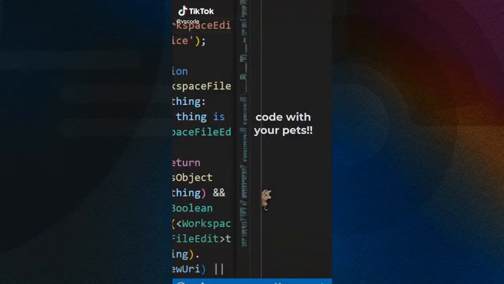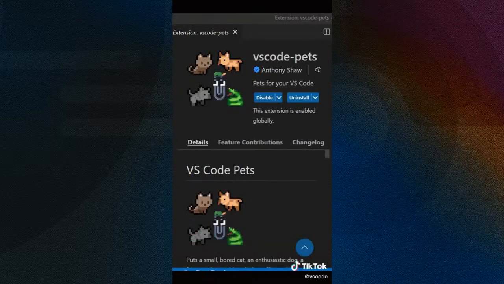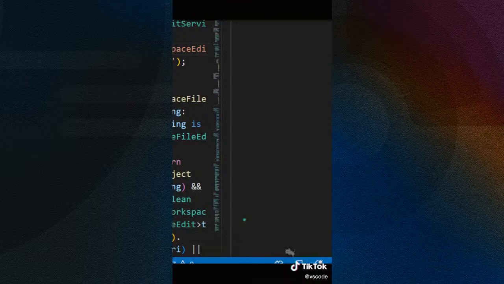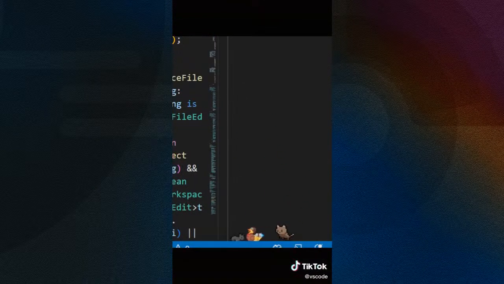If you're a developer and not using the VS Code Pets extension, what are you doing? This extension lets you have a pet code right along with you. My dog loves VS Code, and now I can throw a ball with him in my editor. There's so many pets you can add. A cat, a rubber duck, Clippy, even a snake for you Python devs. This is the cutest thing ever!